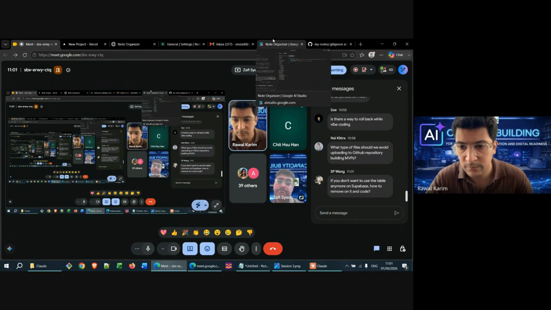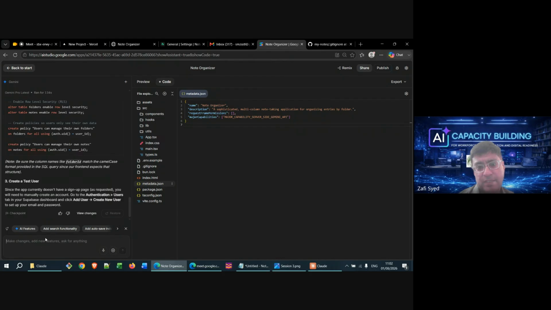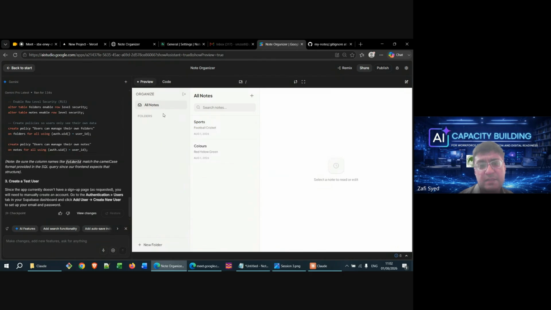So there are two ways to do so. First, you can again prompt AI Studio. Let's say the structure of your app changes. In this case, we have folders and we have notes. Let's say you want to have another section for categories.